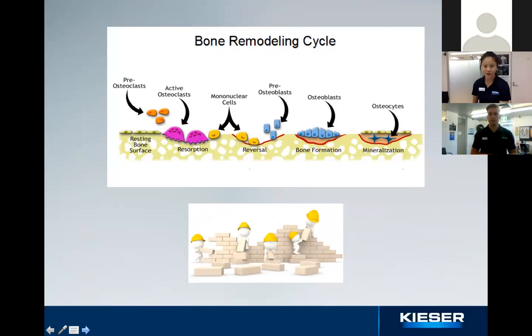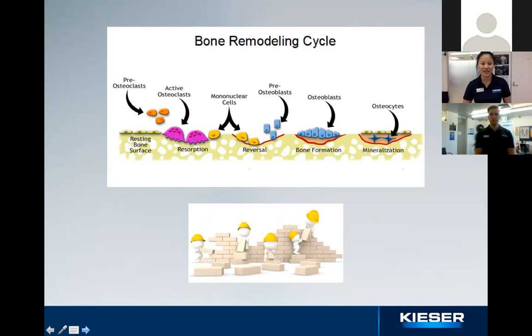So that brings us to the bone remodeling cycle. Your bones are constantly rebuilding. There are two cells that we probably want to be aware of. What we call your osteoclasts, they break down your bone. So what we can see here on the top diagram, you've got the active osteoclasts in the purple, which actually break down the bone. Then over time, with the reversal, we have our osteoblasts, which actually form your bone or